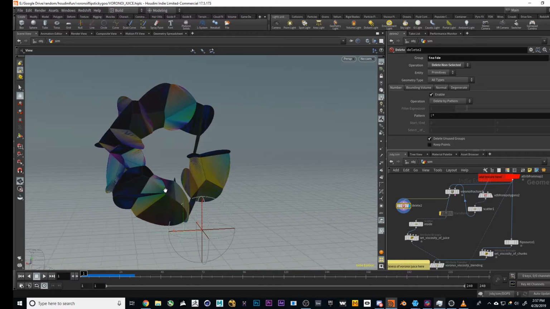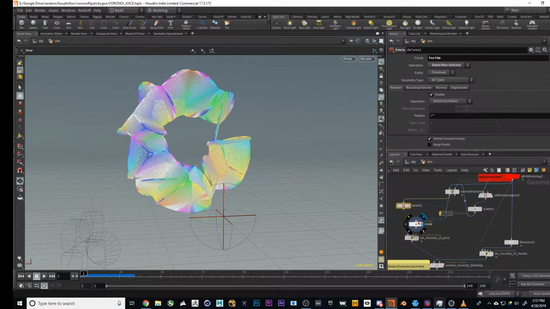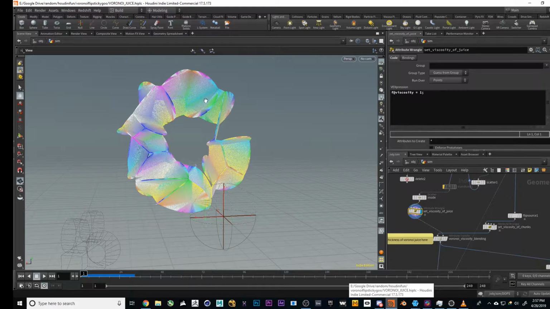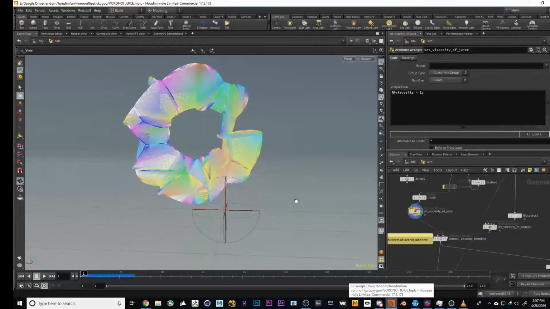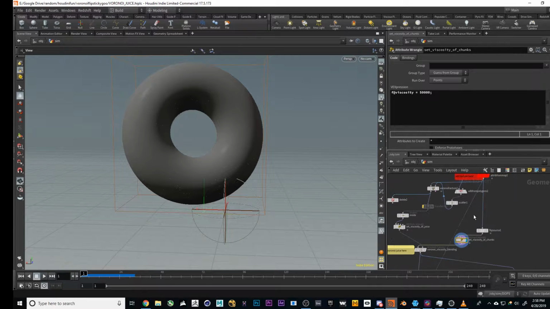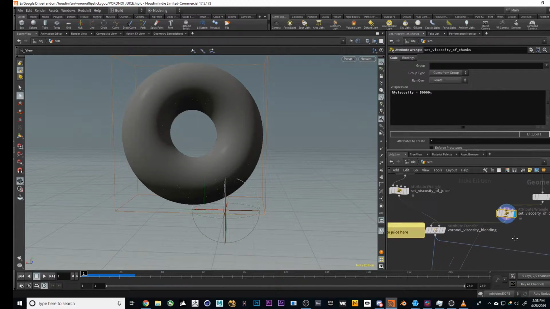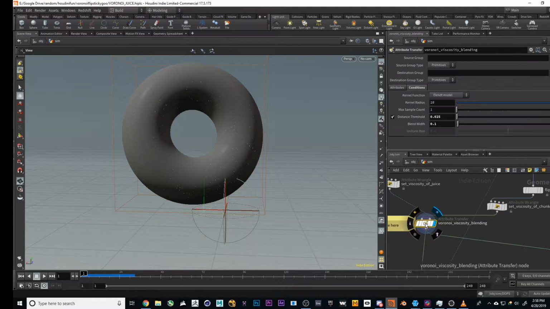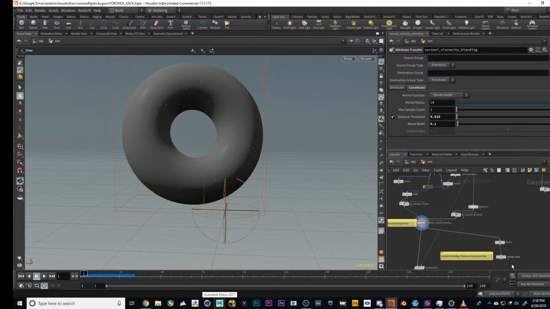So then what I did is I scattered points on there and I set the viscosity super low on those parts and then set the viscosity super high after doing the flip source to create the flip fluid properties. And then just did an attribute transfer here, which you can't really see what that's doing, but if you go